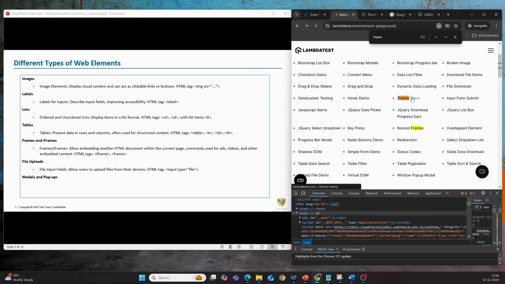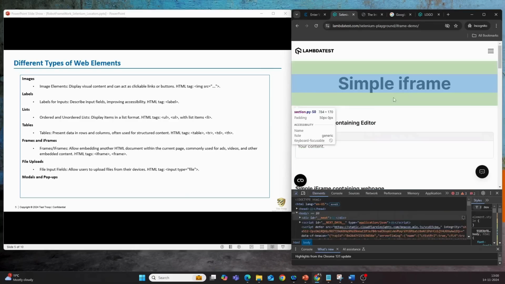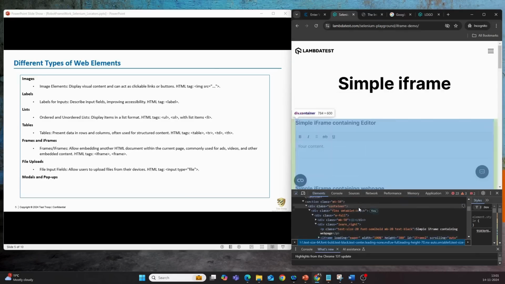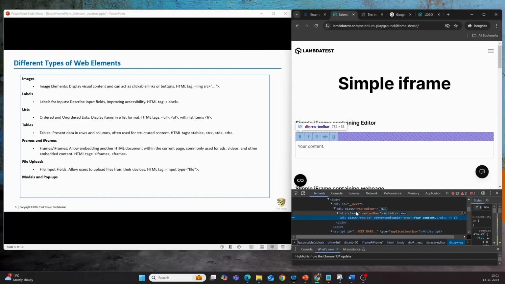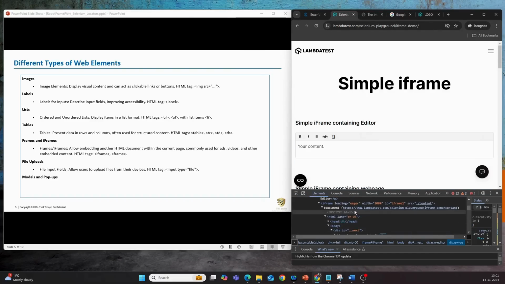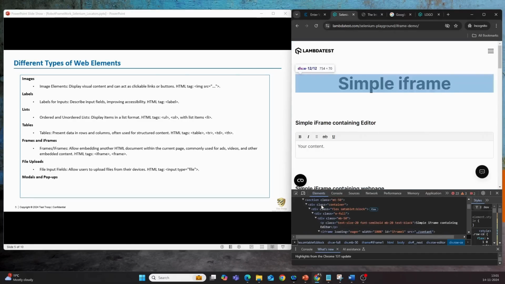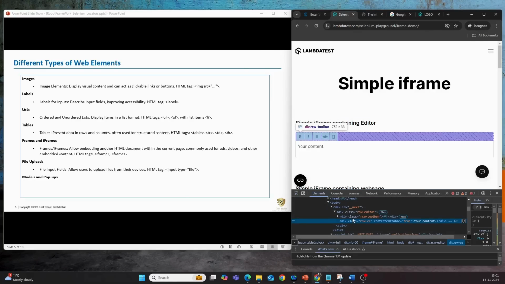iframe demo. If I see here, okay, yeah, this is under the main page. Okay, this is under the main page. I think if I go here, see, again it starts. See, there is an iframe. Okay, so this is the main document. I have a document type here. Then I come to this particular section, right? If you see, it will start with